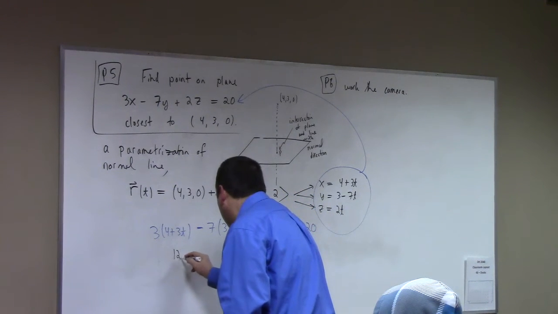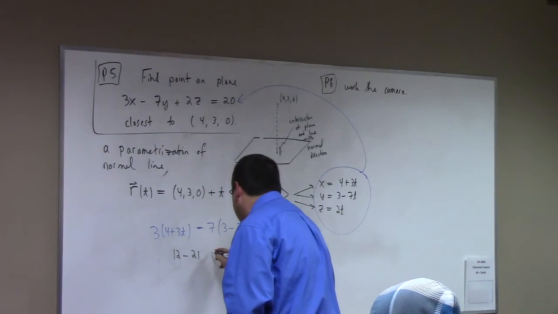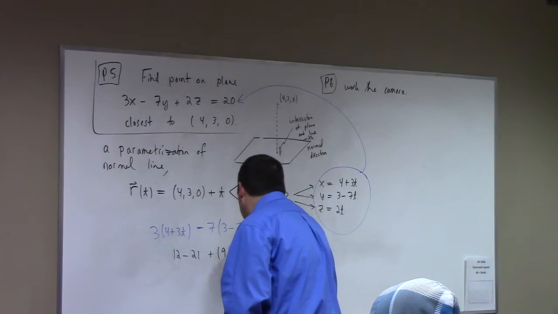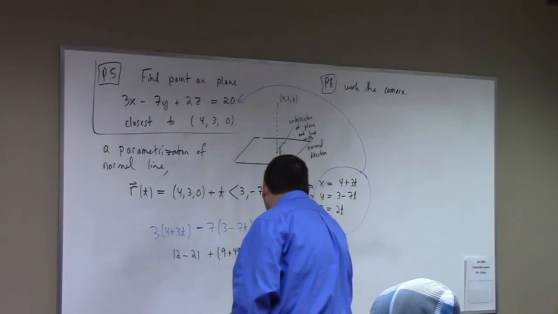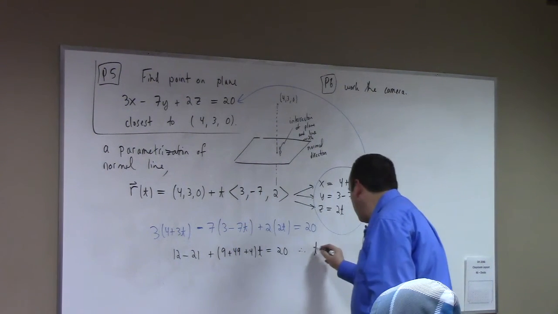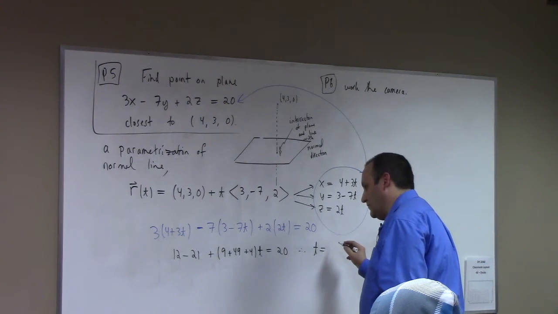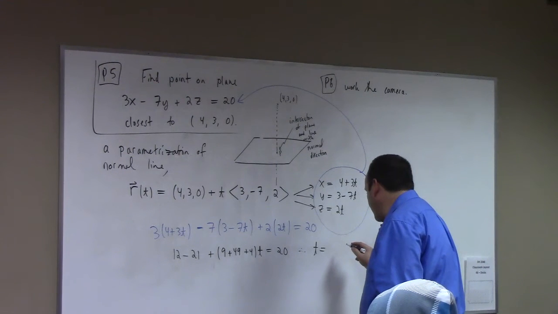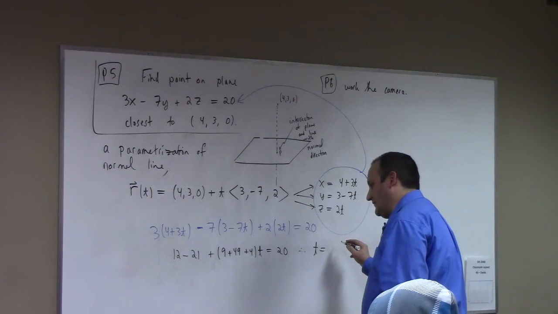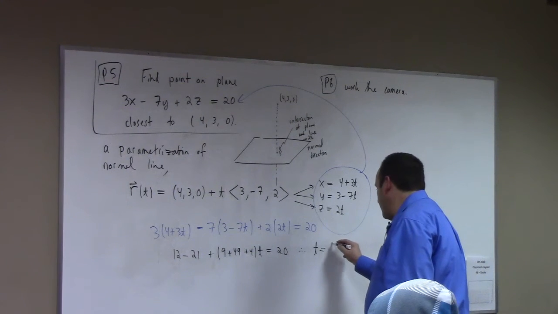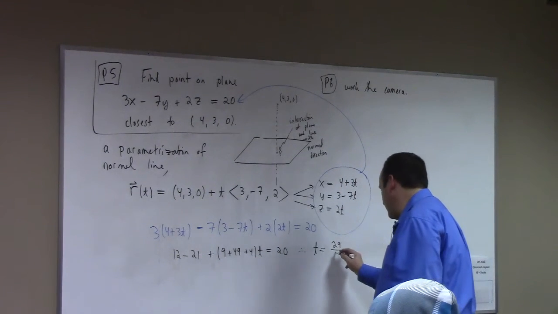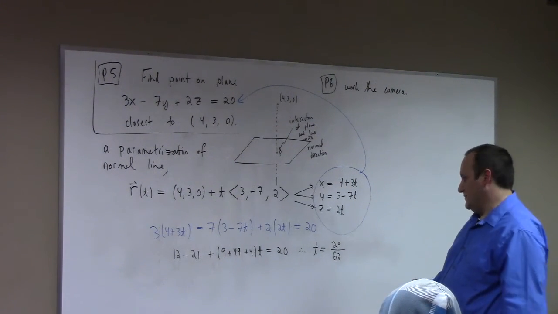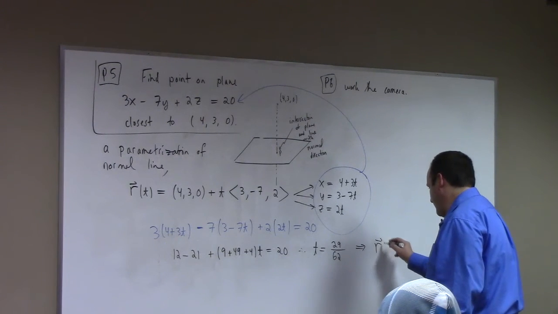That gives me 12 minus 21 plus, what do we got? We got 9, looks like plus 49 plus 4 times t equals 20. T is equal to, what's 41 minus 12? Yeah, so I think I've got 29 divided by what? 58, looks like 62. So that says I should plug in that t,